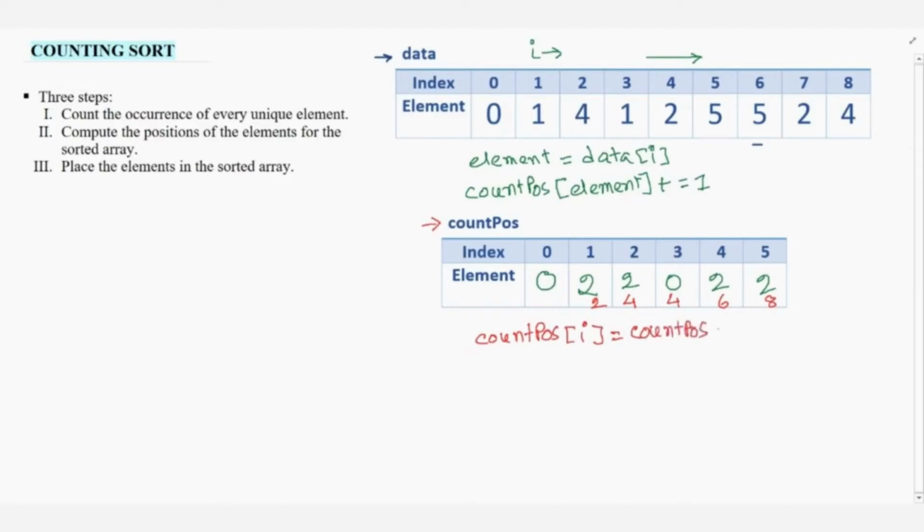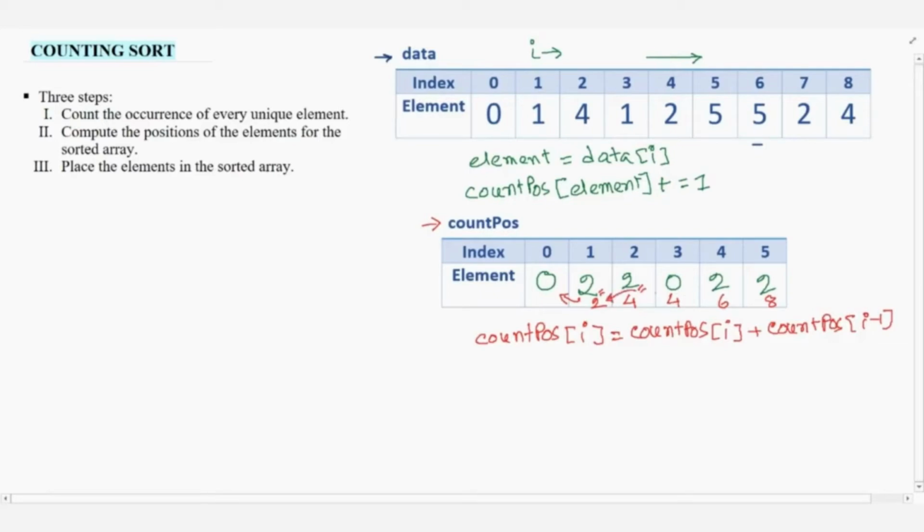Count position of I equals count position of I plus count position of I minus 1. So we have added the value of the current position with the previous position.